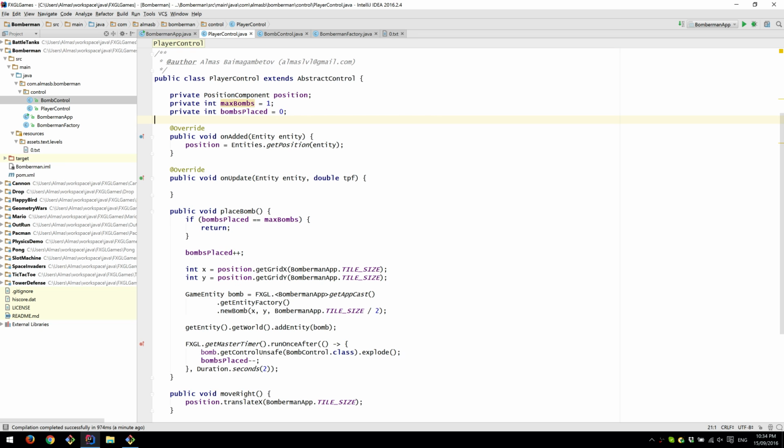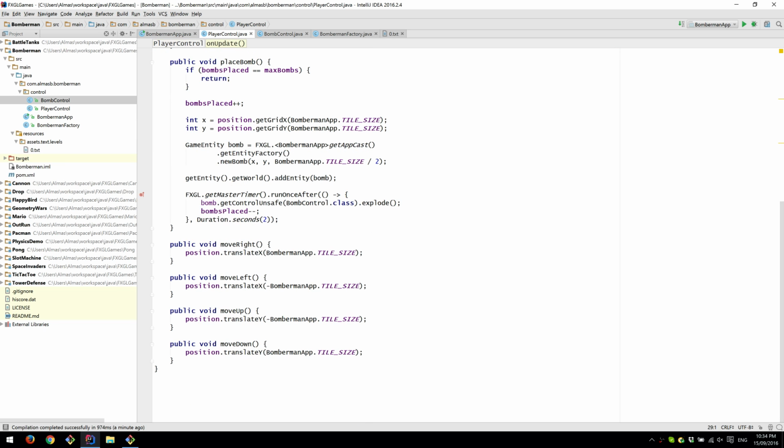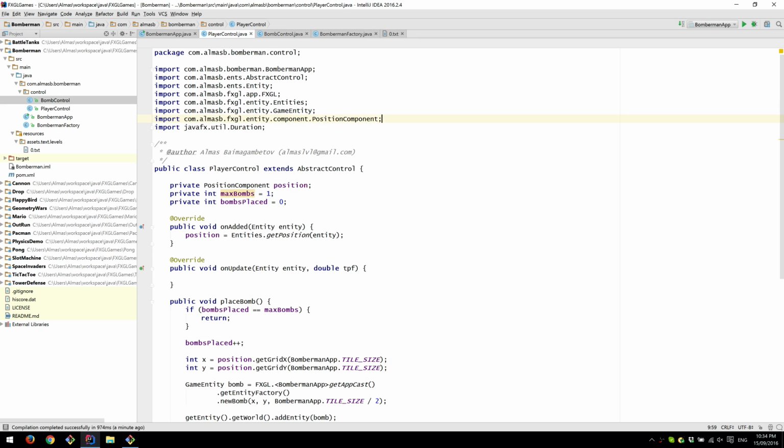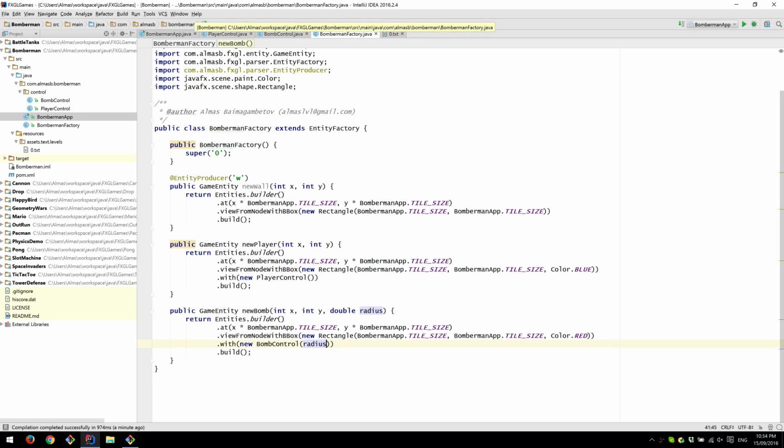Right, let's just add a power up, and that will be the end of this tutorial. Control, power up, factory. Yeah, so basically whenever you want to create a new entity, new type, spawn something on